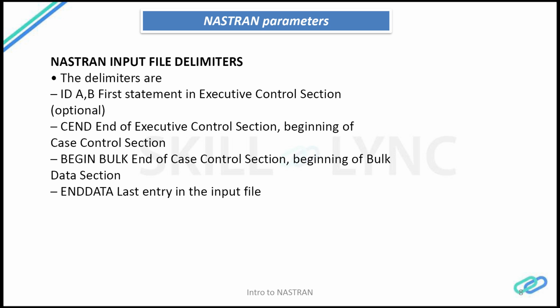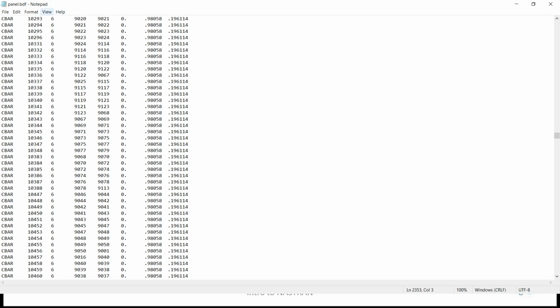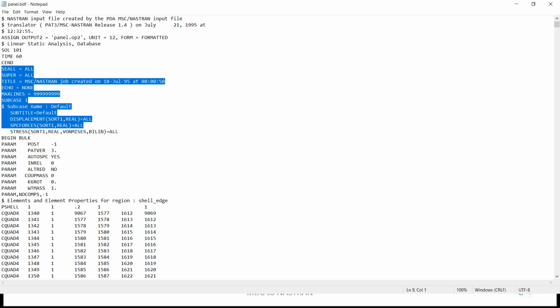Suppose I open the sample PDF which I was showing to you yesterday. So this is the PDF file. Over here, if you look, the CEND command indicates the ending of the executive control section and the beginning of the case control section, and BEGIN BULK indicates the beginning of the bulk data section and the ending of the case control section. So any set of lines or commands that goes from CEND to BEGIN BULK is considered to be the case control section,